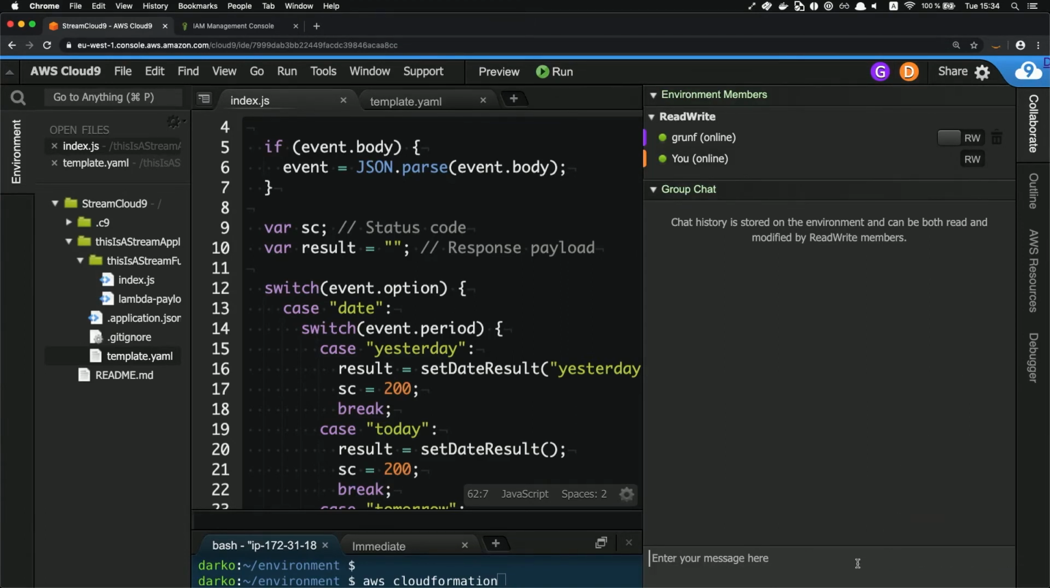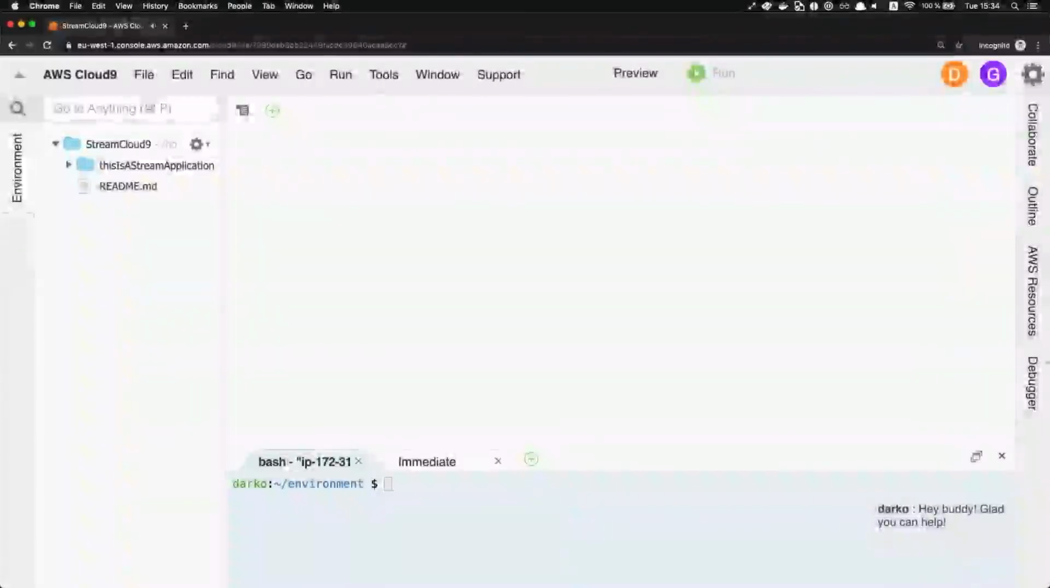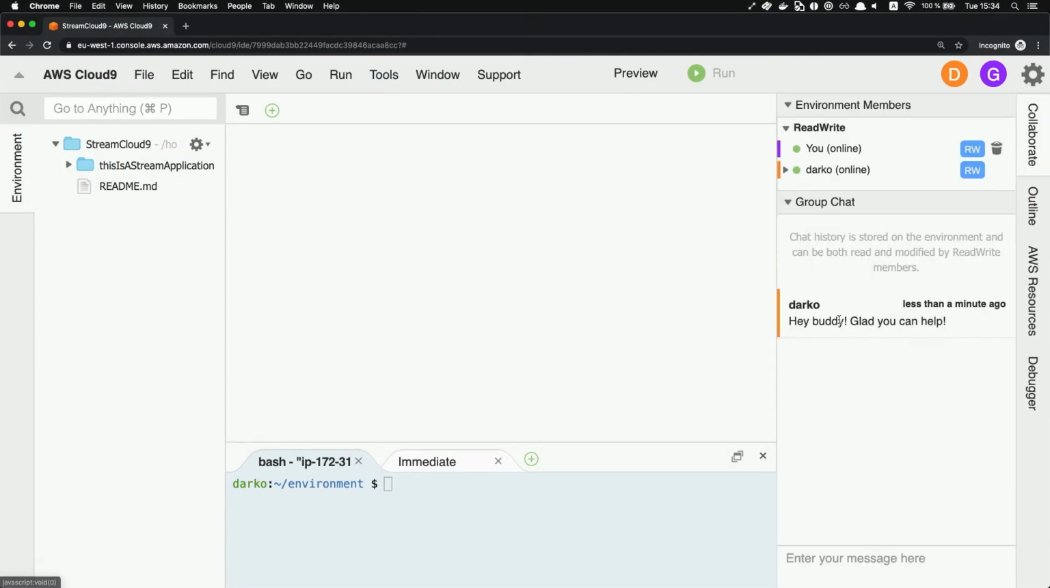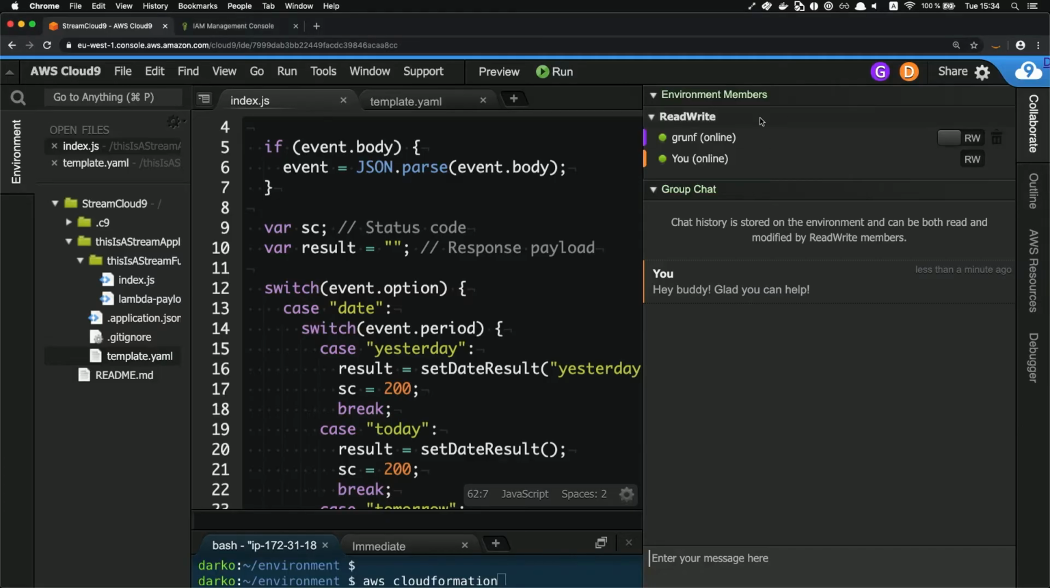So you can see here that we have a chat window. I'll say, hey, buddy, glad you can help. So Grunf himself will absolutely get this little message here. Now, one of the things that are pretty cool for me is like I have